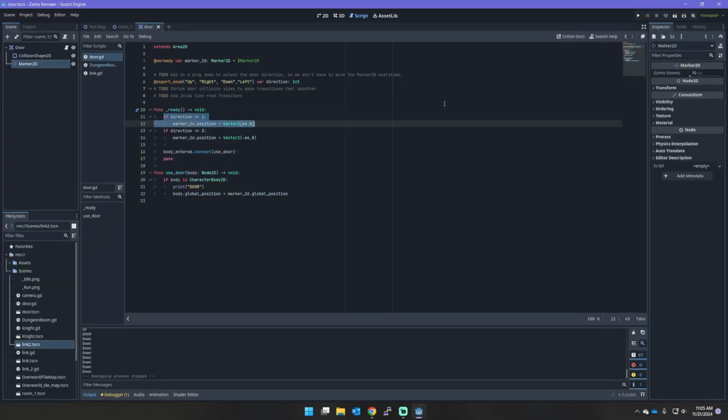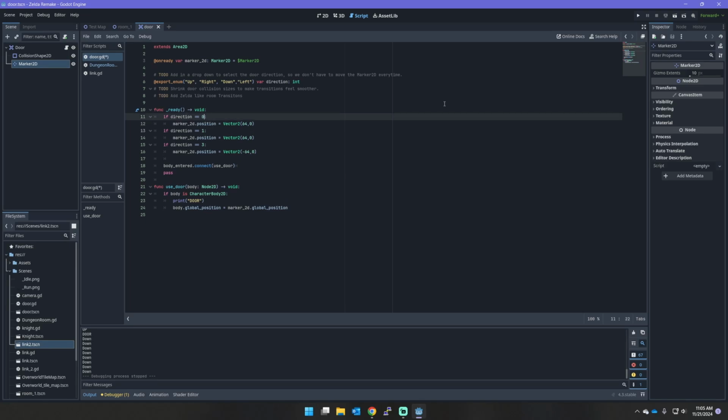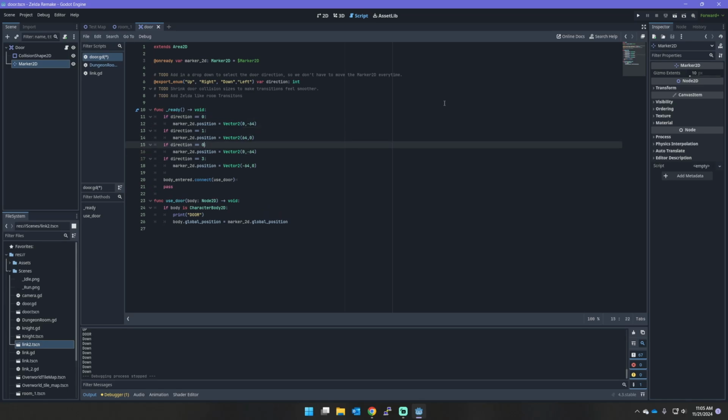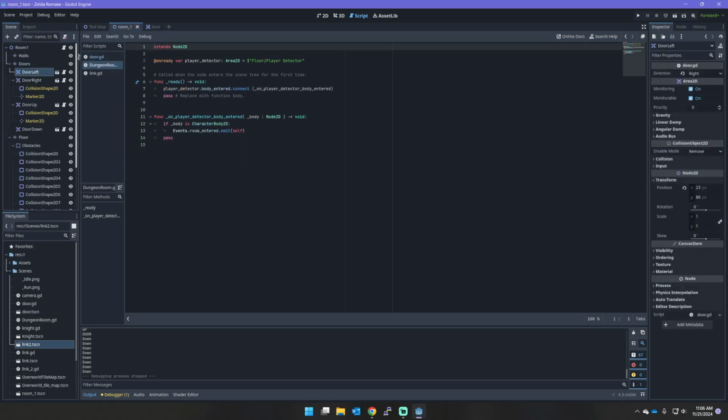Let's go ahead and do 0, and that's going to be up. So we're going to do 0 here, but we're going to go up, so negative y. And then we're going to do down, which is direction 2, and that's going to be a positive y. Okay. So now if we save this, and then we go back over here to our room 1,